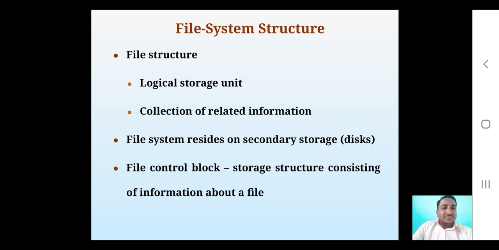As I informed you, the file system resides on secondary storage, the device on which we store the related information and from which it can be accessed even when there is a power failure or we reboot the computer system. The file system organization will remain there, residing in permanent storage. Just like we have the process control block, or task control block, which gives a manifestation of a process to the operating system,